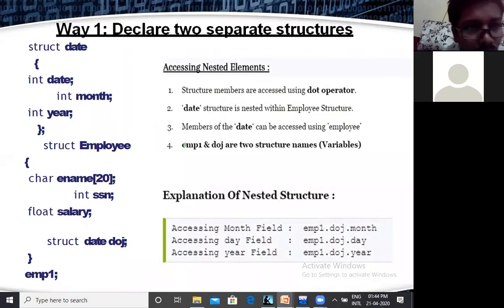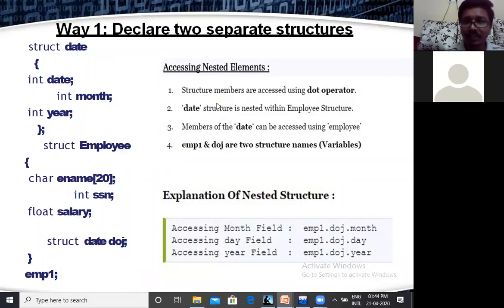Before going to verify the practical parts, let us discuss more detail about structure. Here you can find two structures: structure date and structure employee. The structure date contains date, month, and year, and structure employee contains employee name, SSN, and salary, as well as a date object also.